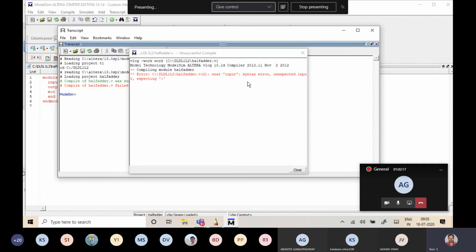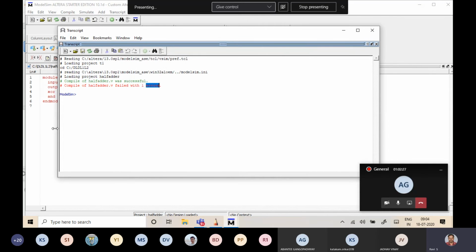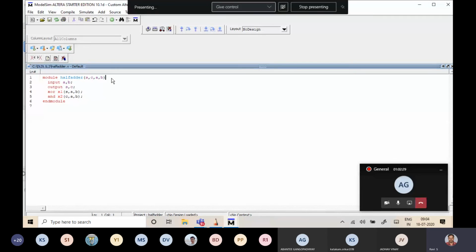The tool itself will tell you in which line you committed the problem and what is expected. Based on the tool instruction, you can go and rectify the problem. Now I'm verifying the syntax and inserting one semicolon.